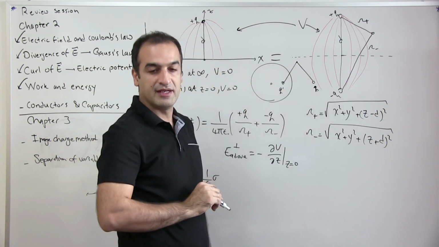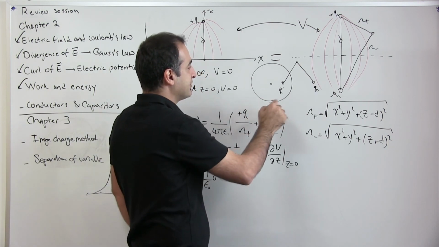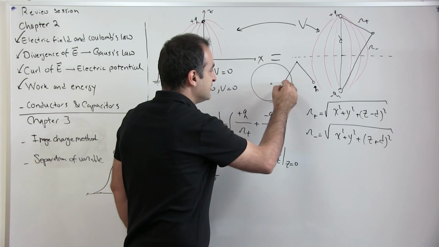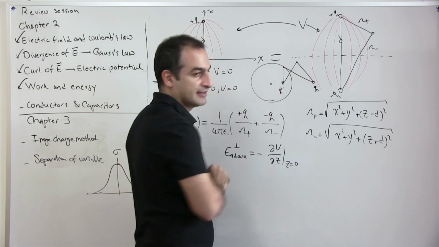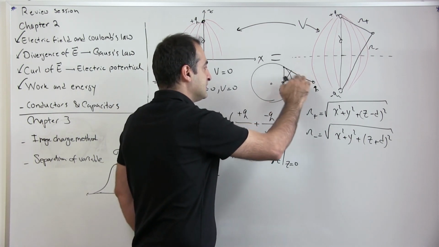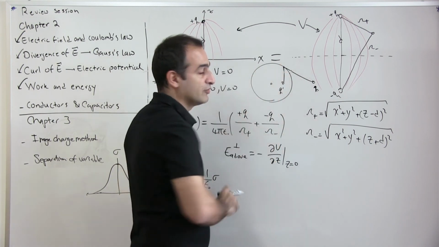It doesn't need to be on the surface. But if you want to show that the electric potential on the surface is zero, you should only focus on points that are on the surface of the conductor. So you should forget about this and just look at the points on the surface